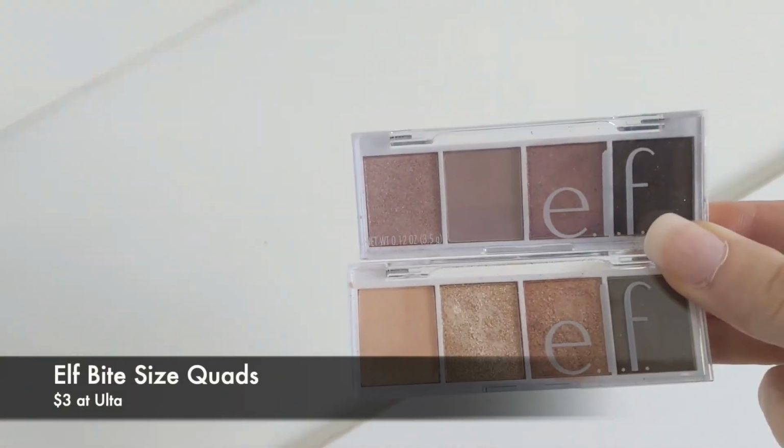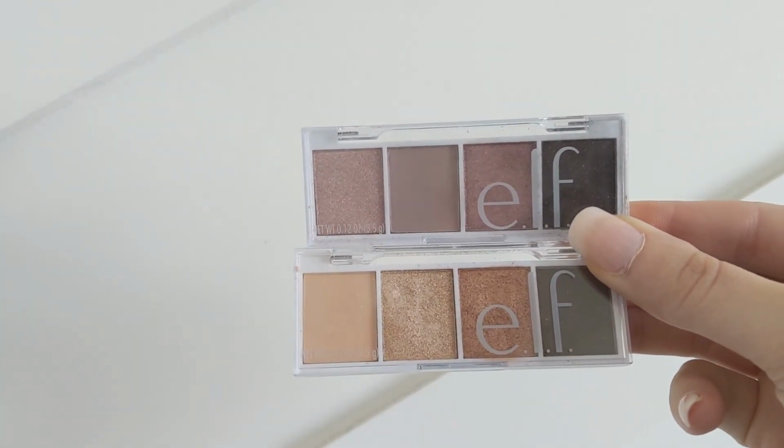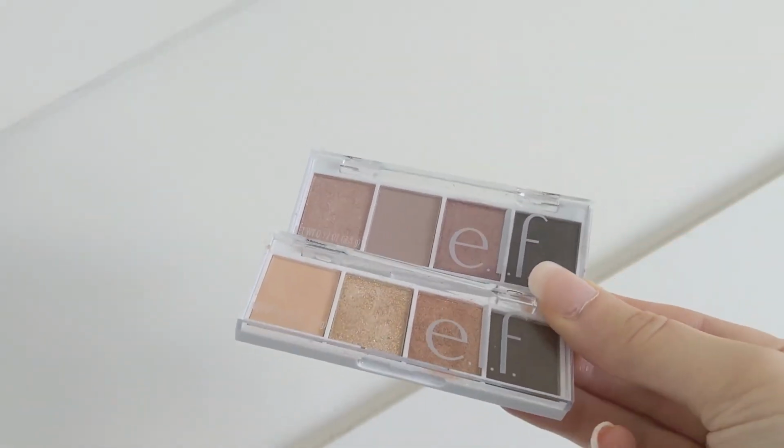So what I have instead as an alternative that I already have in my collection, and again, the colors are not exact matches or dupes, but I feel like it's the same color story and theme of everyday eyeshadow looks that I enjoy while still in a quad form. It's the e.l.f. Bite quads. Again, not the same colors at all as the Charlotte Tilbury, but I have Cream and Sugar and Rose Water, and combined or separately, they still give me the same pink neutral look. And if anything, they offer maybe a little bit more variety,